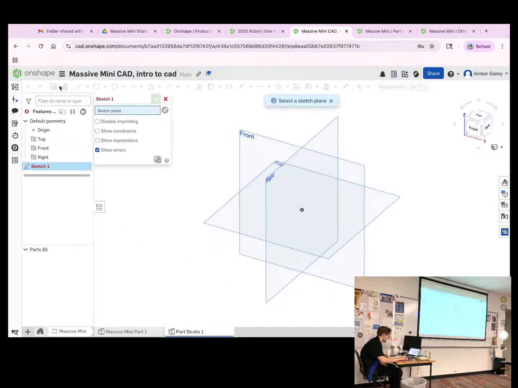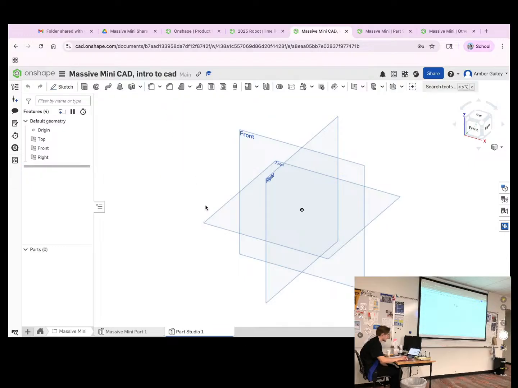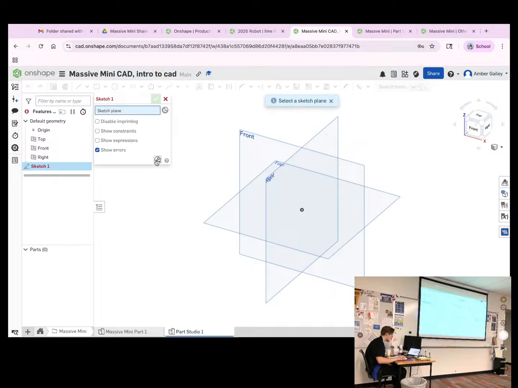So I'm in my new part studio. Actually, before I keep going, are you guys all with me? Okay, yep. So here it is, 2x1, and it will actually be a good review of all the parts we've already used, all the tools, stuff like that. I'm going to click on my sketch, my new part studio. I'll just use my front plane,